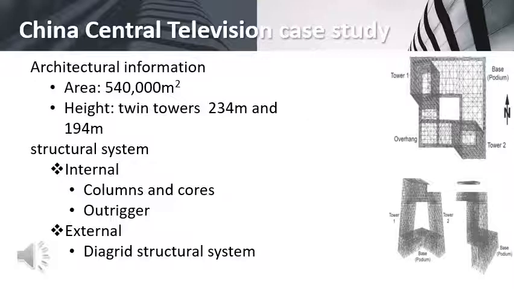Now we will talk about the China Central Television system. CCTV is a 234-meter tall building formed by a 9-story podium and two 50-story high leaning towers, which are linked at the top via a 13-story cantilever. The braced tube structure gives the building the ability to withstand the likely seismic activity in the area.